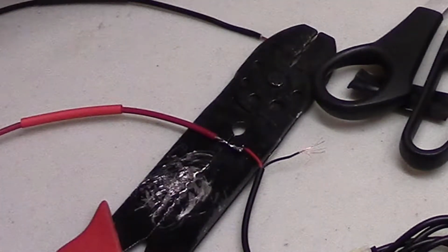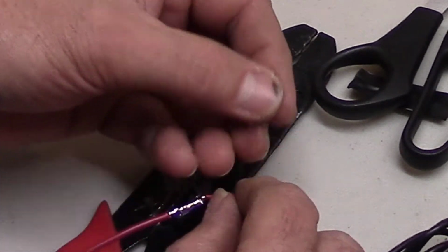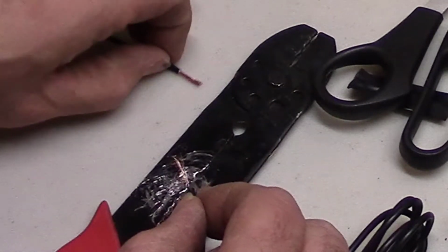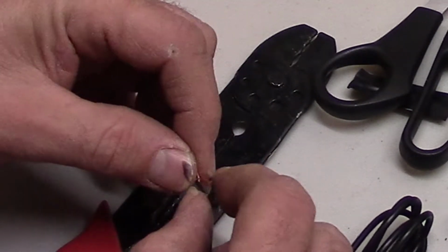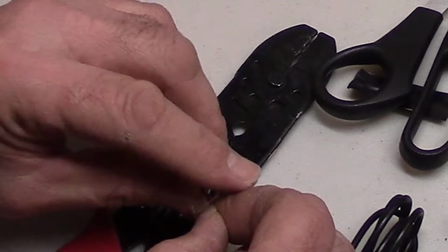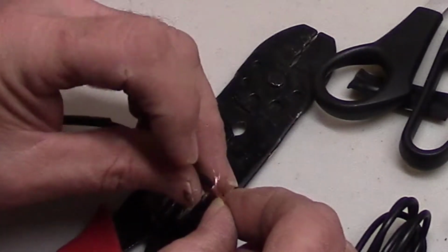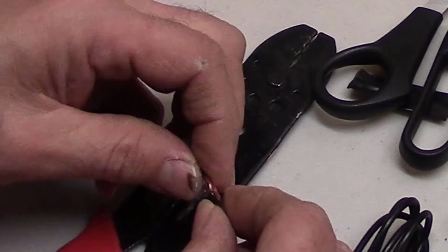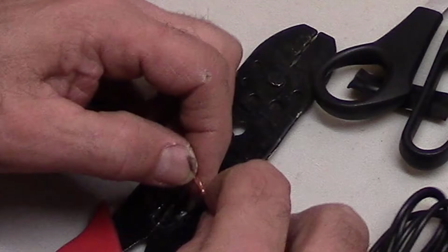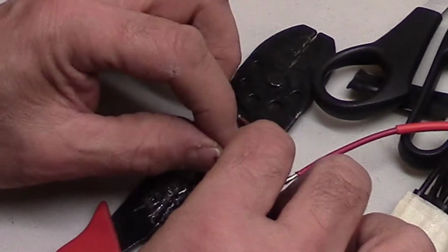Man, that wire's small. And then the black one, look at that. There's probably 10 strands there. It's so small I can't even work with it. I guess if you work with a lot of electronics, you get used to that, but